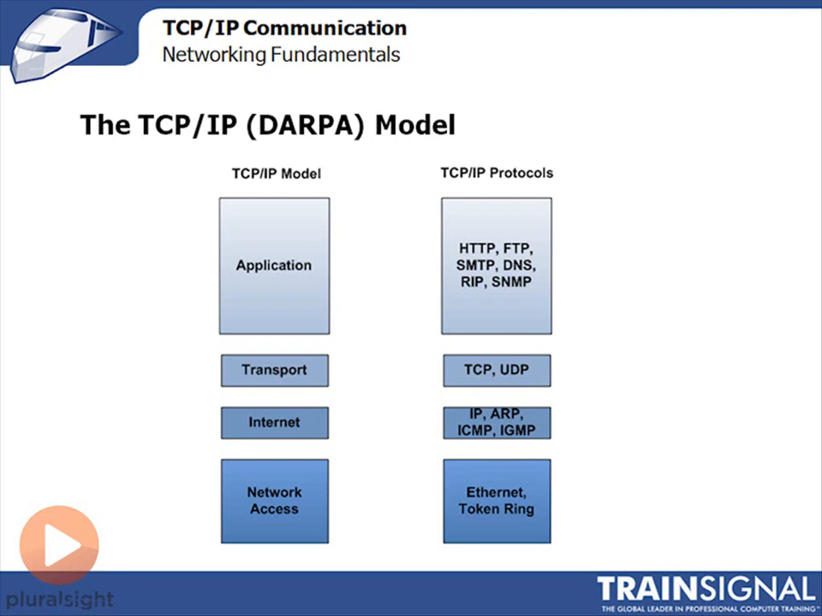If I can jump down now to the bottom layer, the network access layer, this is where we define the actual access method for communicating on the network, which we'll talk about at the end of this lesson. So I have Ethernet and token ring, and again, I'll go over those in more detail before we get done with this lesson. But what I'd like to talk to you about right now are the middle layer protocols. We have the transport layer, which has TCP and UDP. And we have the internet layer, which has the protocols IP, ARP, ICMP, and